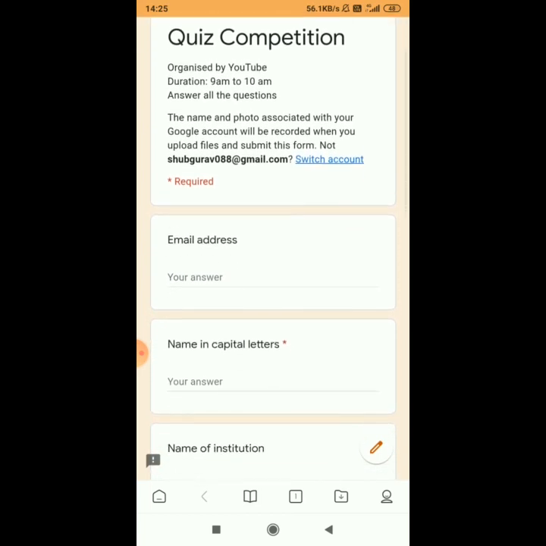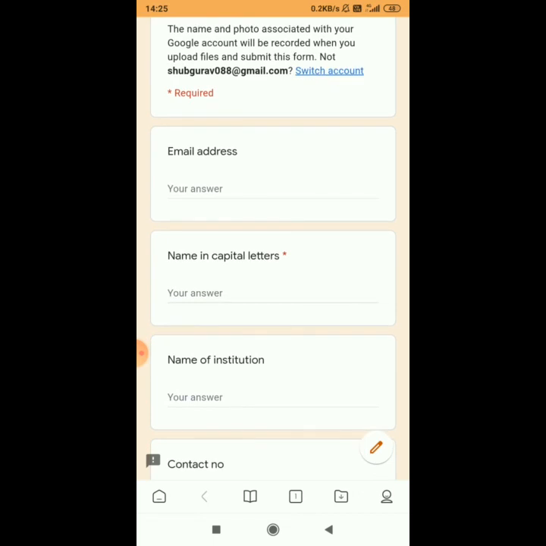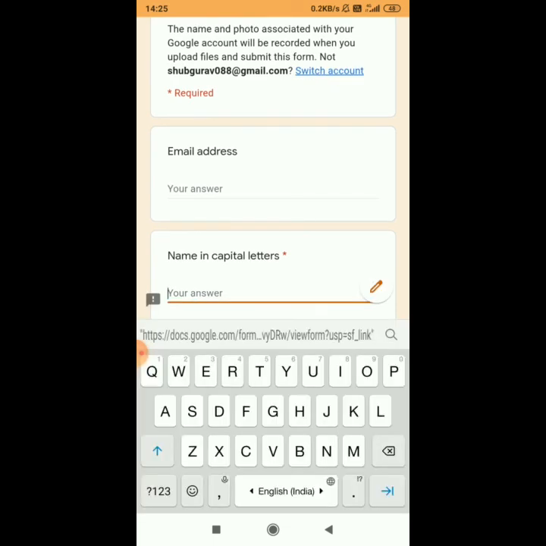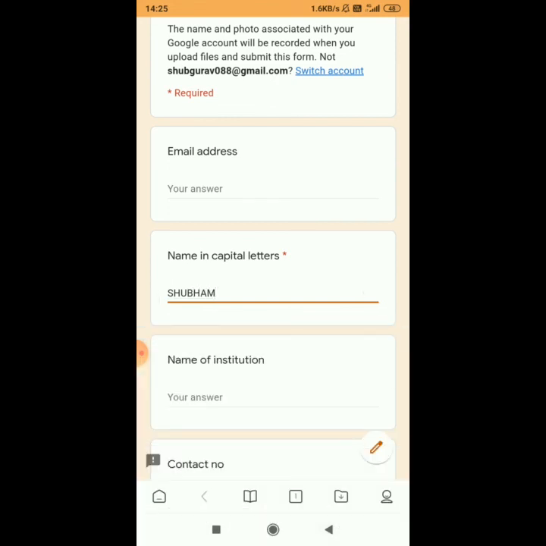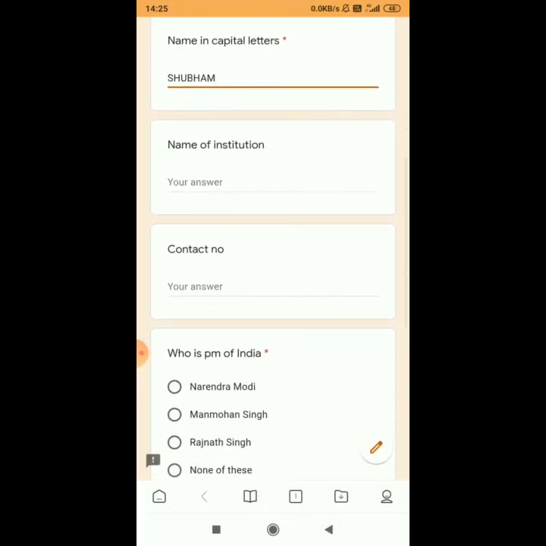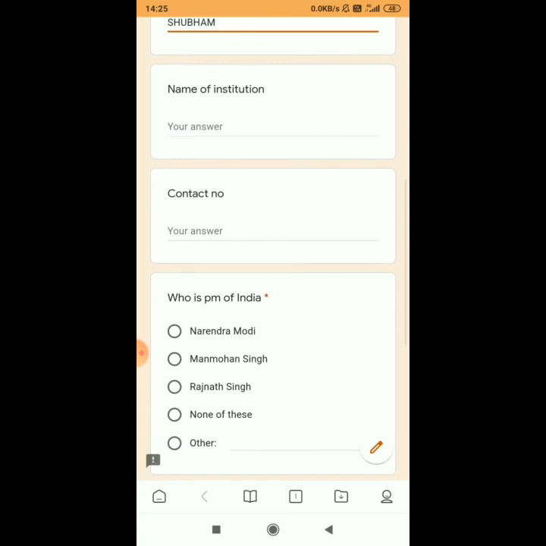So add details: email address, name in capital letters. This is mandatory, so we have to add this. Name of the institution, contact number.